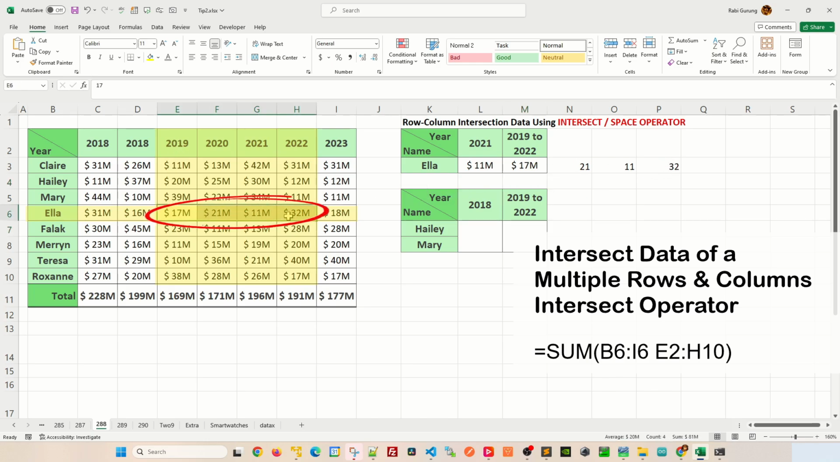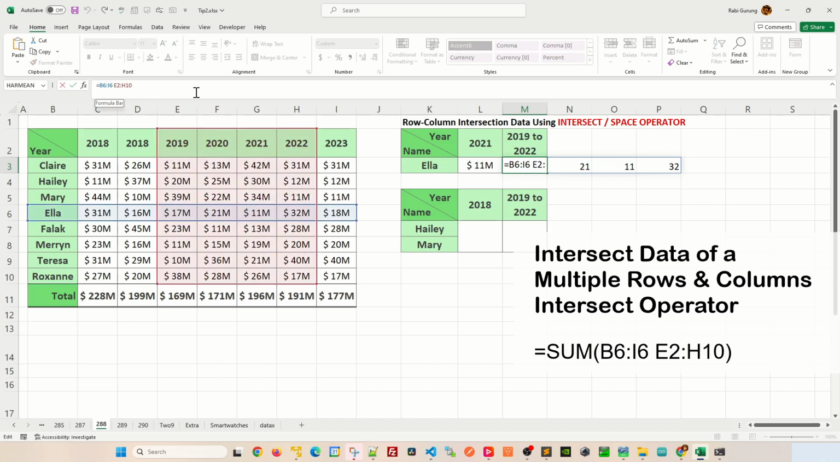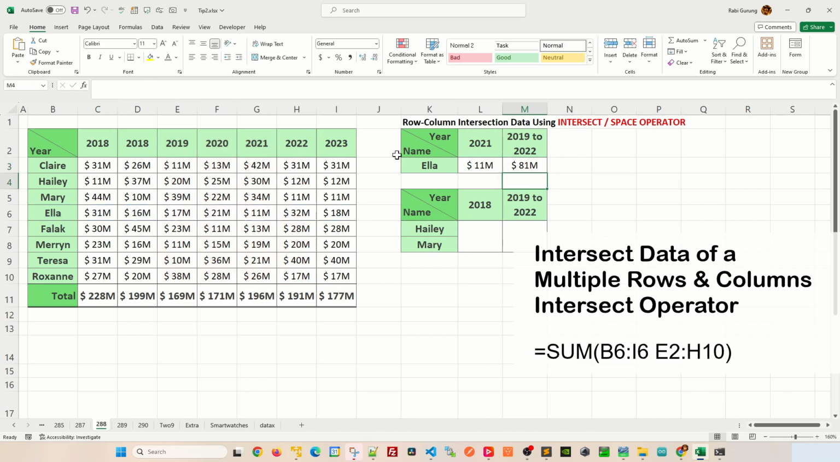from here to here. So to calculate the total, all you have to do is encapsulate this array in a SUM function like this and hit enter, and it will calculate 81 million, which is essentially the sum of these numbers here. If you highlight this, you can see it's showing 81 million here,